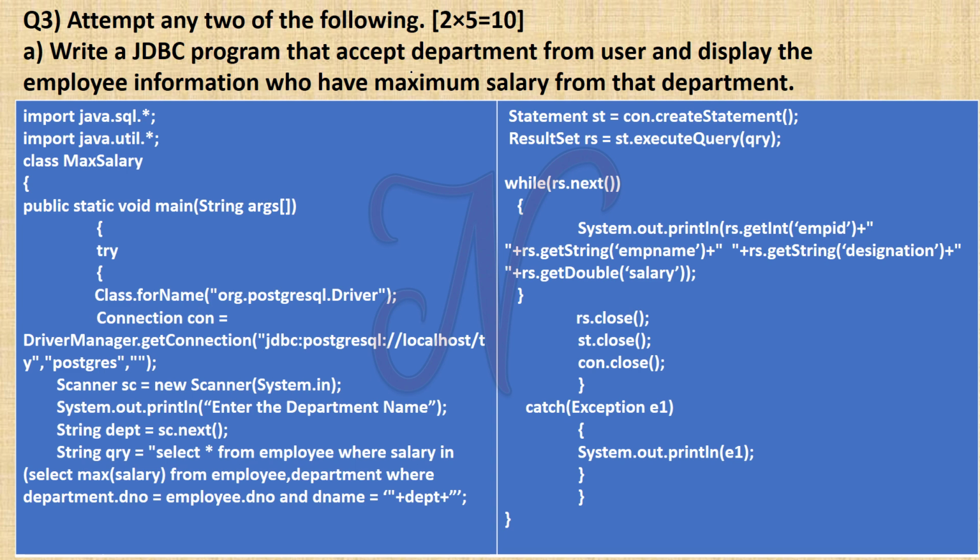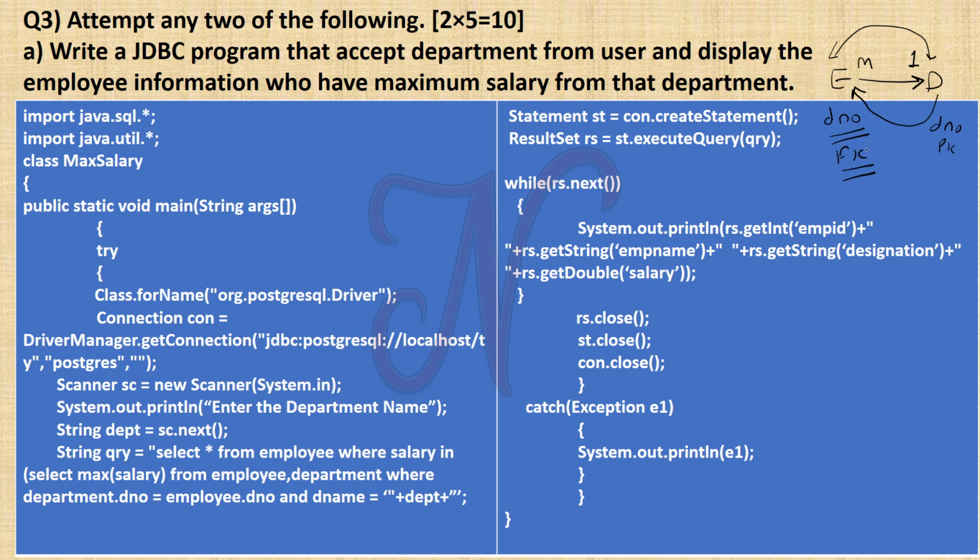Now here we consider or assume the tables employee and department. There are some columns like employee ID, employee name, salary, department number, department name. So here we assume there are two tables, employee and department, and there is a relation between these. Many employees work in one department. So there is a relation between the employee and the department, meaning the department number is in the employee table, where D number is your department number. So this primary key becomes the foreign key of the employee table.